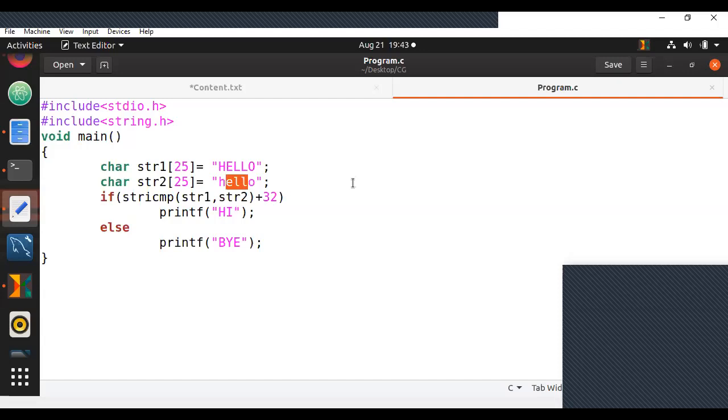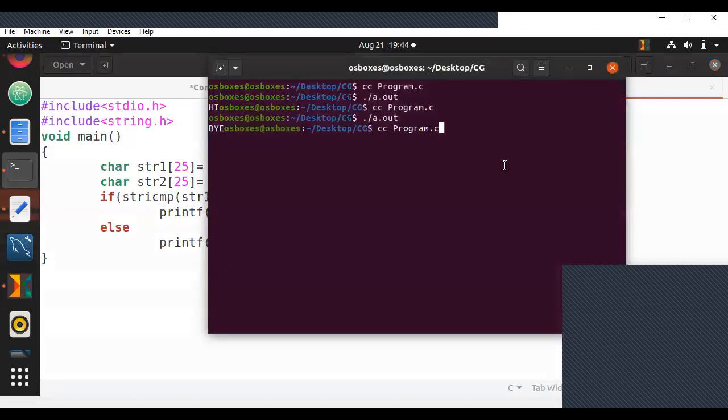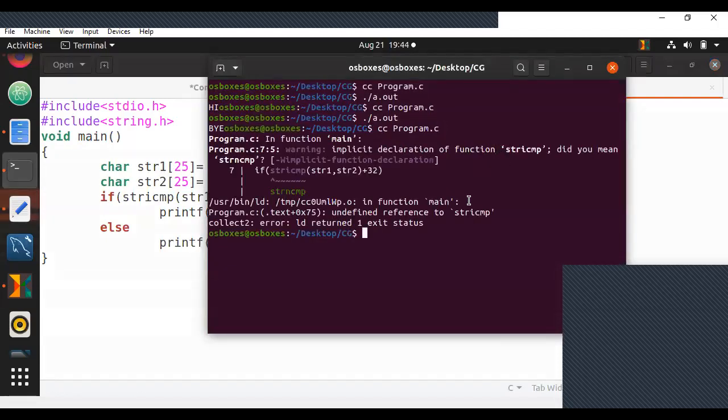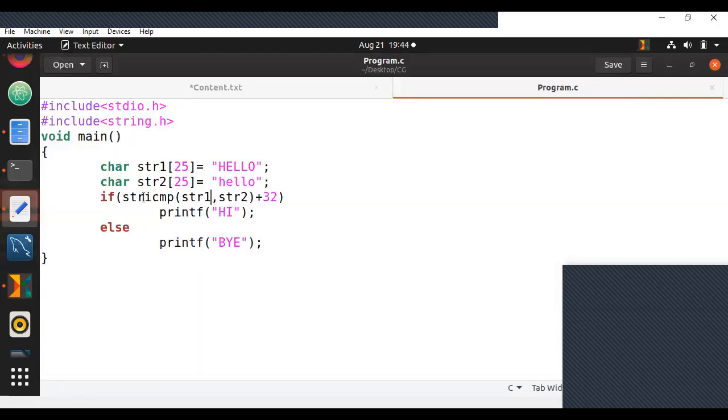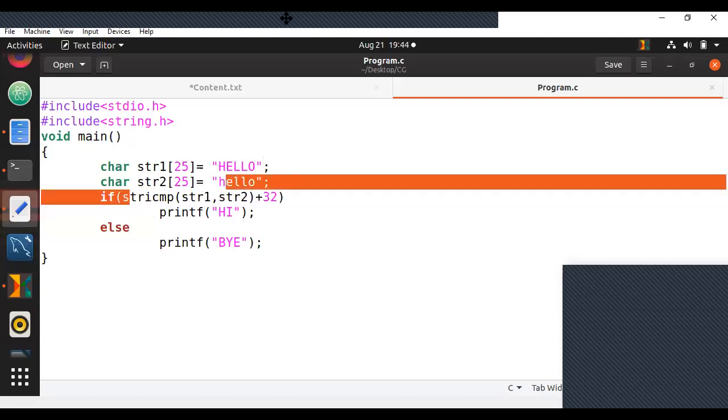So here you will be able to understand that in the current case, you will be getting the output as 0 itself, because stricmp will compare by ignoring cases. Output will be 0. 0 plus 32 will give you 32, which will print high. So let us execute this. Again, there's a problem here. stricmp is not there in the GCC compiler, but just remember, if you try this, your output should be with difference in cases also. It should return 0 and it should add 32 at the end.